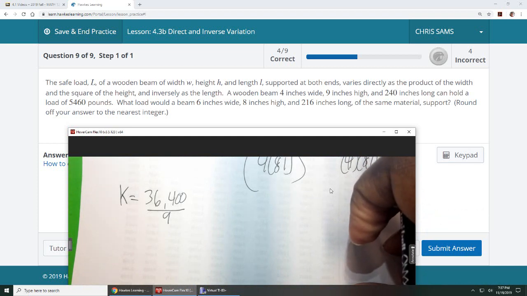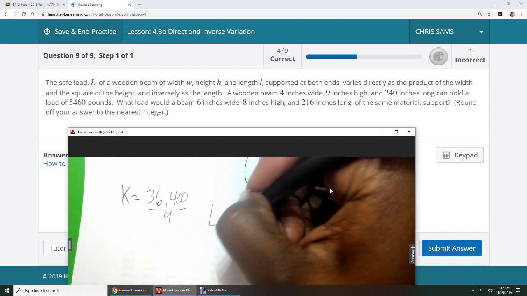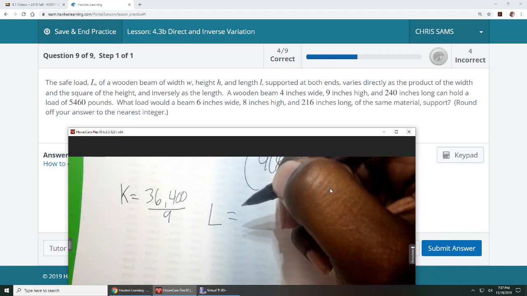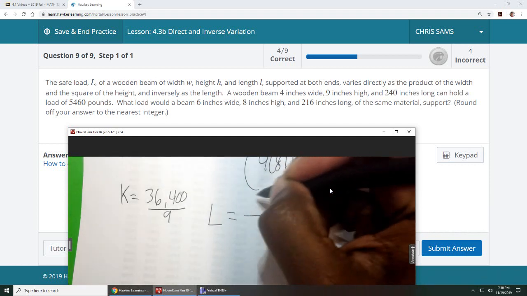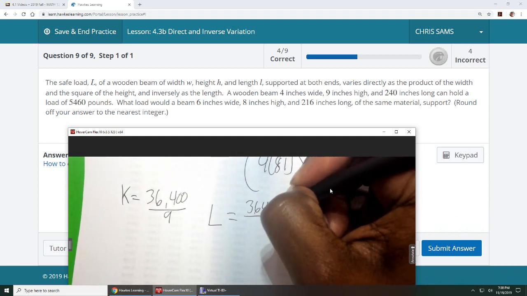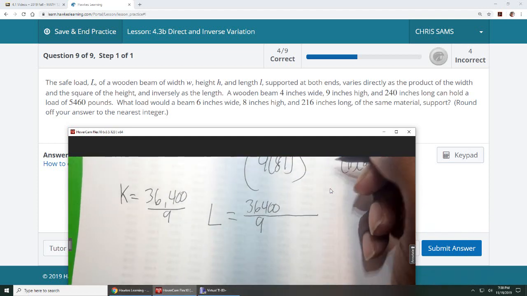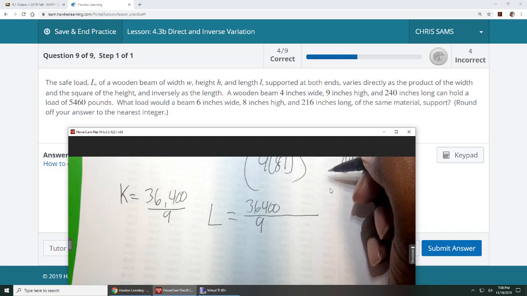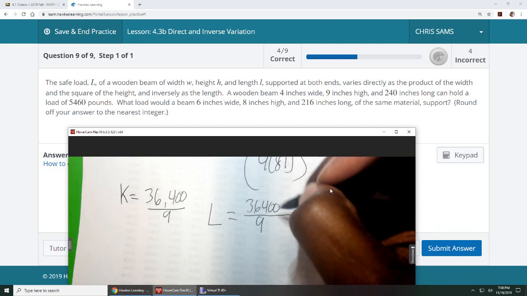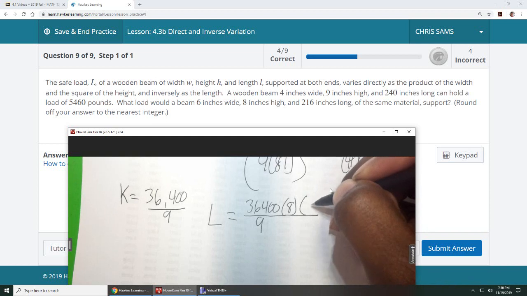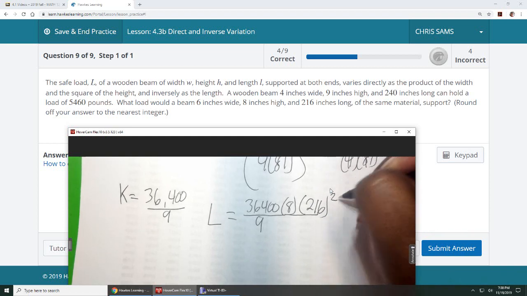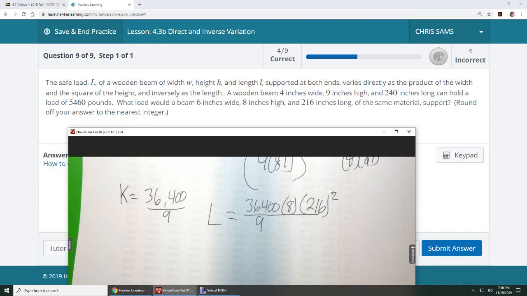Now I'm going to plug in everything else. So the second part wants to know what is the load, so what is L. I'm going to plug in K. Since it's a fraction, I can put the top part in the numerator, the bottom in the denominator. So I'm going to say 36,400, and then put the 9 on the bottom. That's the way that works. Okay. They give us a width of 8, so using that same formula, times 8. They give us a height of 216. And we have to square that, so 216 squared. And then, oh,